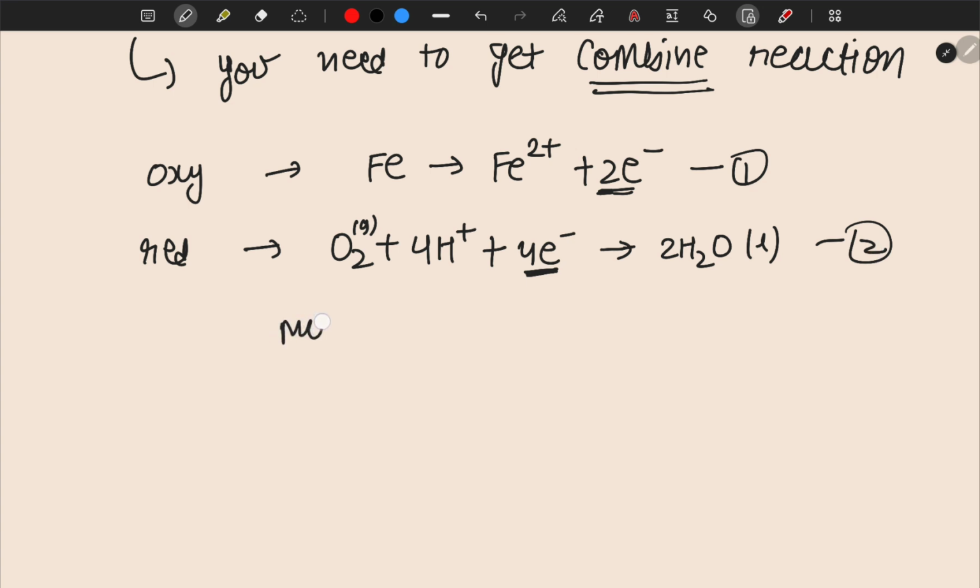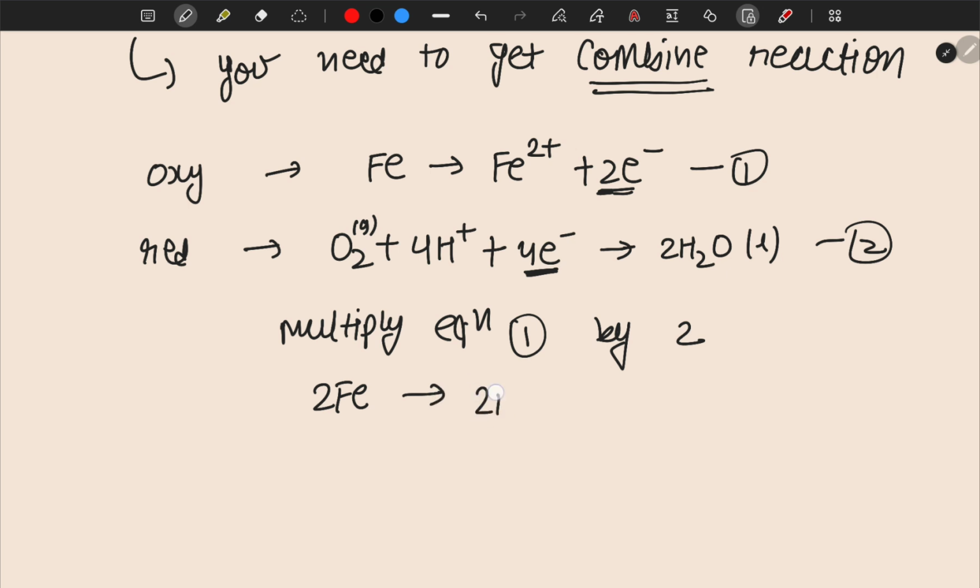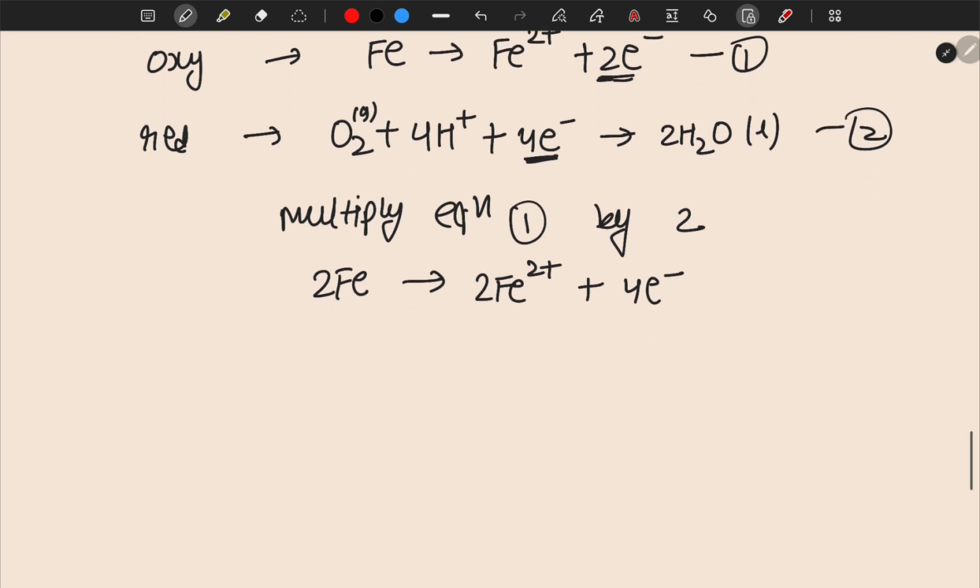So multiply equation 1 by 2, because if I multiply by 2 I'll get 4 here. So if I multiply by 2 I get 2Fe gives 2Fe 2 plus 4 electron. Now again writing my reduction reaction, 4H plus 4 electron